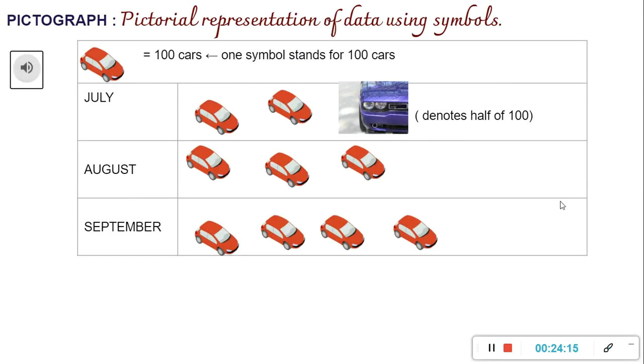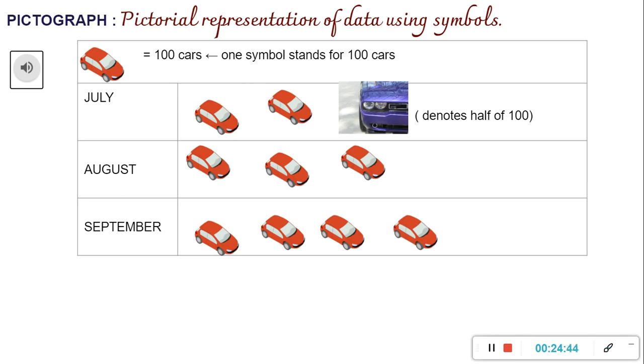We already discussed the pictograph very clearly in the last slide, isn't it? Now here you can see one question that is given in your textbook, page number 69. One pictograph is given. Then see what a pictograph is: pictorial representation of data using symbols. That is called a pictograph, isn't it? So here the symbol is given as a car. One car represents 100 cars.